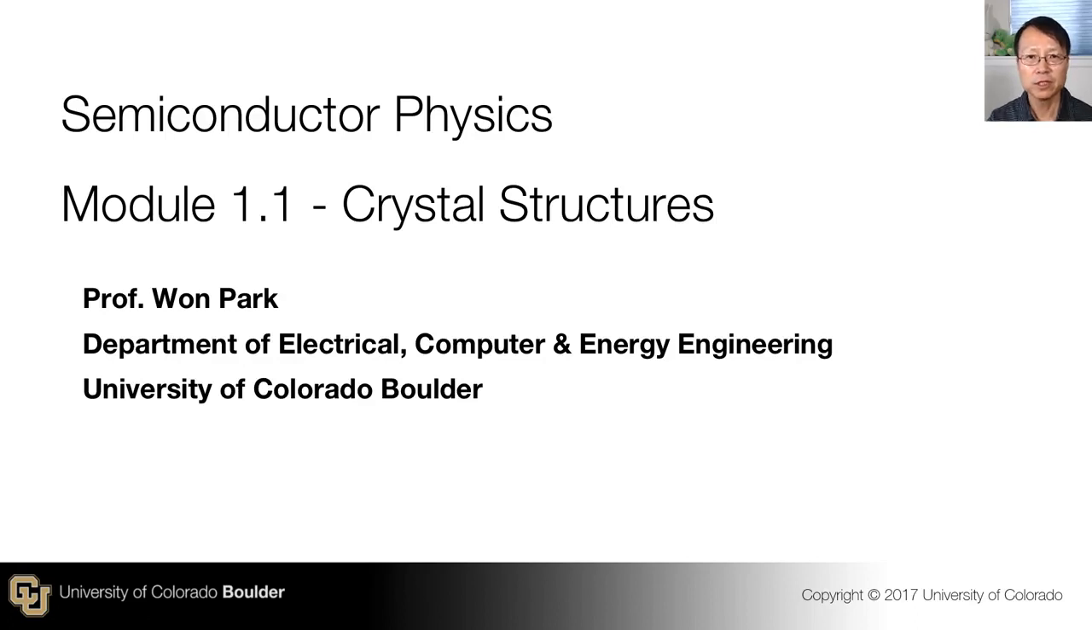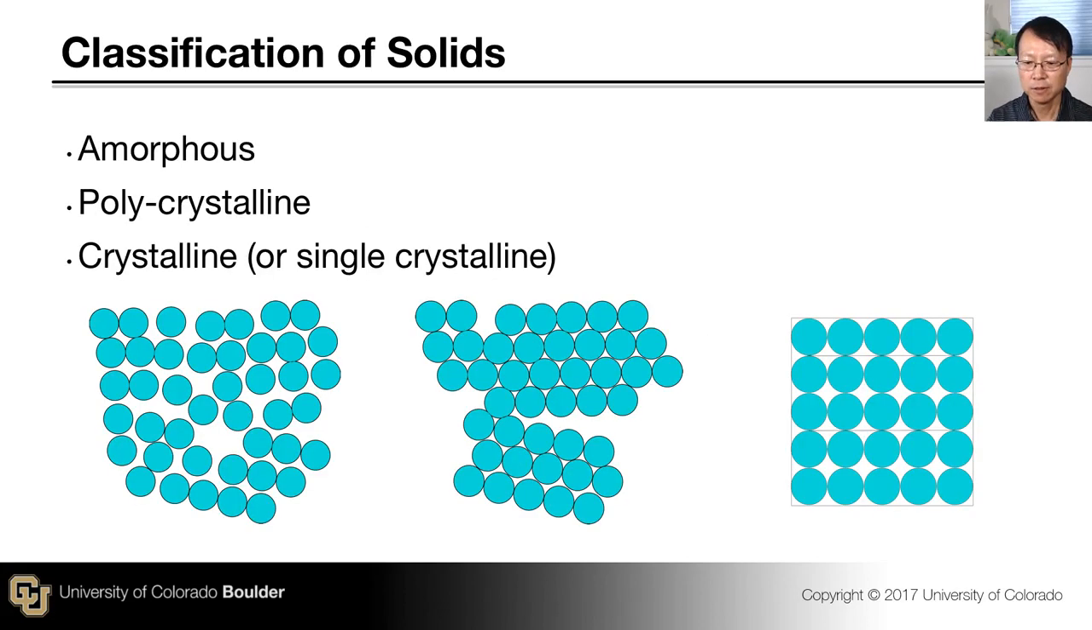In this video, we will discuss crystal structures. Depending on the arrangement of atoms that make up the material, we can classify solids into several different kinds. If the atoms are arranged in a random fashion, as shown in the left figure here, this type of solid is called amorphous solid. If, on the other hand, atoms are arranged in a perfectly regular pattern, as shown in the right figure here, that type of solid is called crystalline solid, or sometimes, to emphasize that the entire material